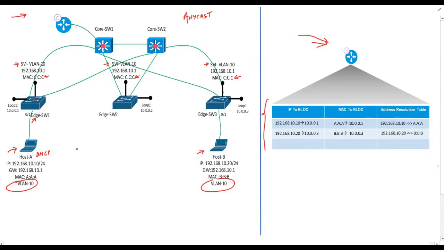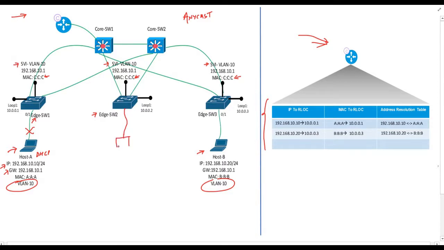So let's discuss this. Suppose for any reason host A disconnects itself from edge switch 1 and attaches itself to edge switch 2, correct? This is a clear example of mobility, right? When this host connects itself to switch 2, I want to retain its IP address and default gateway for seamless roaming. Let's draw this. So let's assume this host is not here and I have removed this cable, this one.